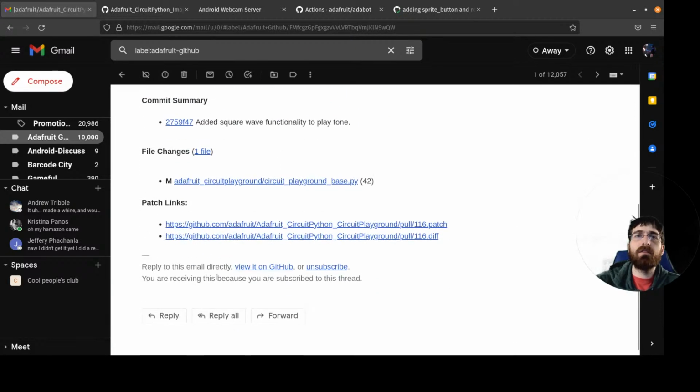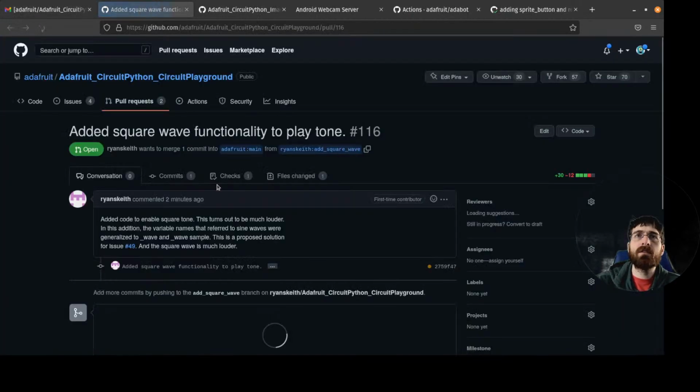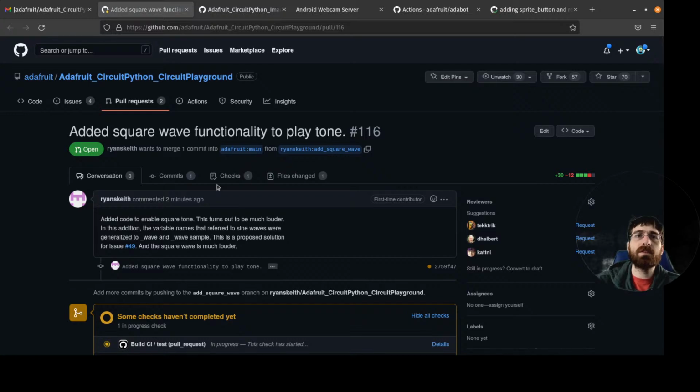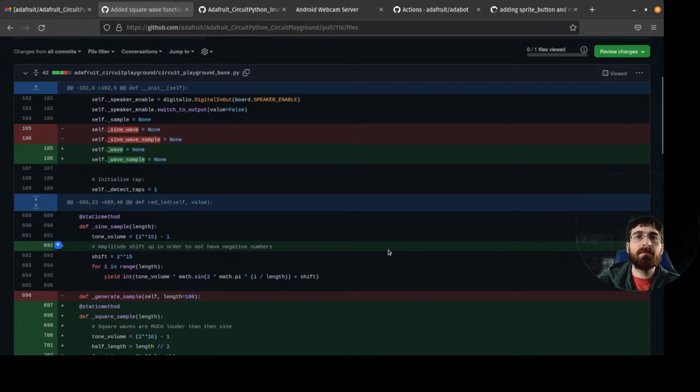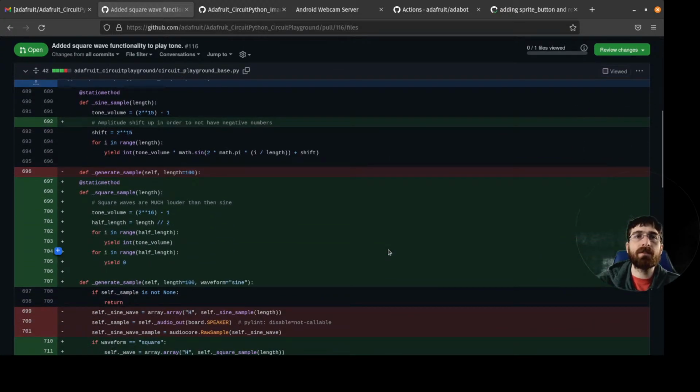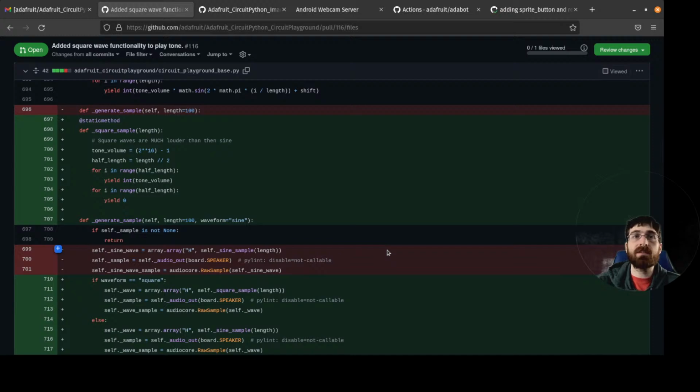I don't know if we can have this one. Maybe, I don't know if this person is out at PyCon or working with Kattni. This library is tough to add to though, because it's frozen into the Circuit Playground Express build, and there is almost no space left.